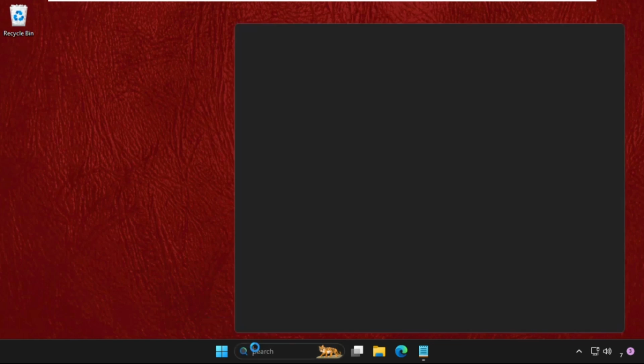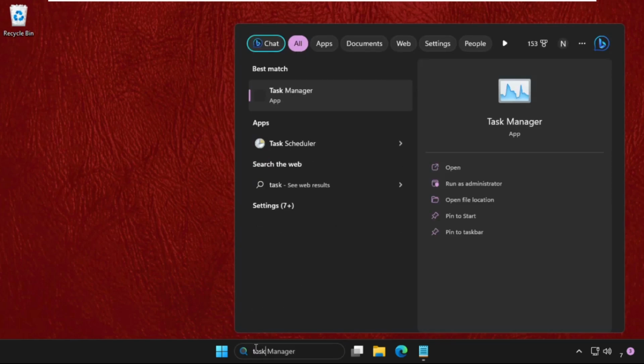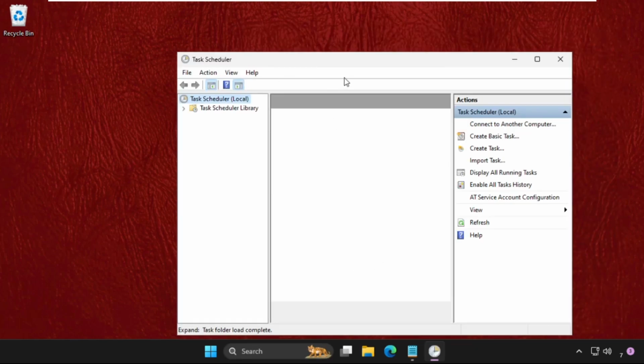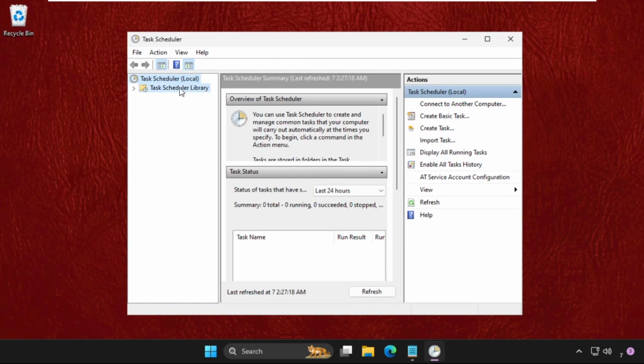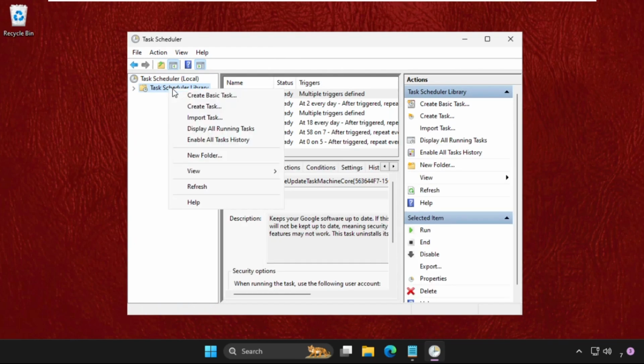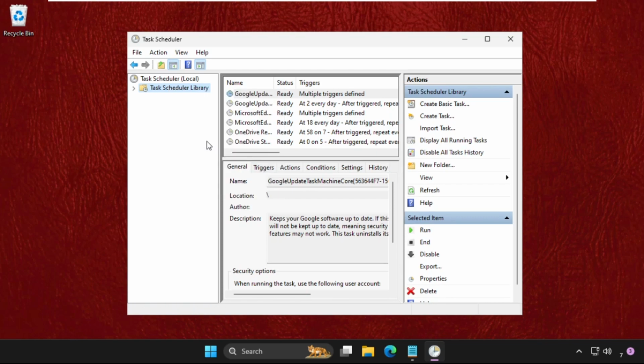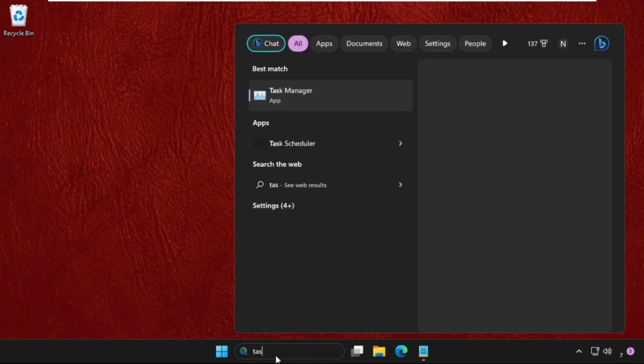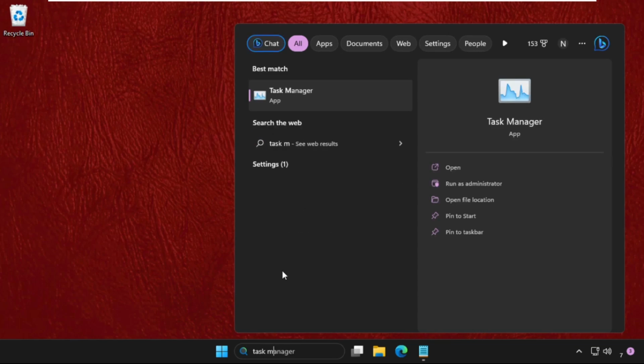In the first step, go to search bar and type here task scheduler and then click here to open it. Now on this window, we need to simply right click on this task scheduler library, then click on enable all task history. Once done, close this window, then go to search bar, type your task manager,